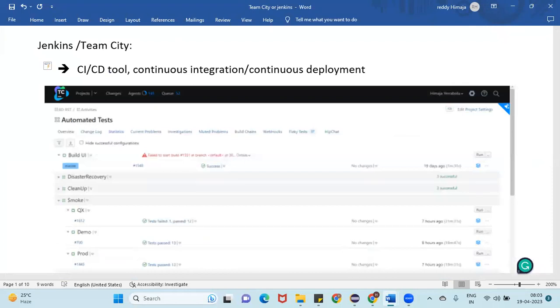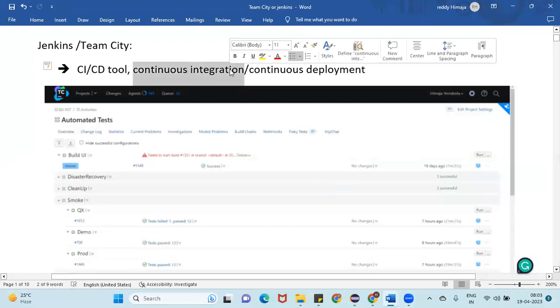For example, Priyanka is making some changes on her local machine and she pushes her changes to Git. What will happen? Git will automatically hit Jenkins. Jenkins will execute all of Priyanka's code and analyze it. It will analyze each and every class. If there are any failures, it will show you the failures. That is nothing but continuous integration and continuous deployment. Continuous deployment means pushing the code. So once you push the code, it will automatically integrate it with the respective branch and